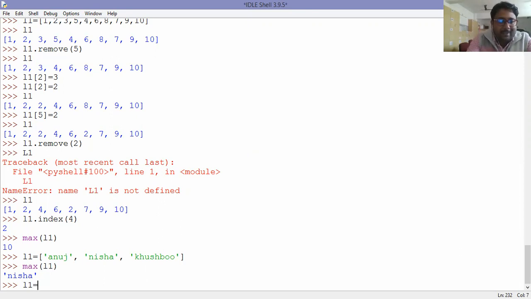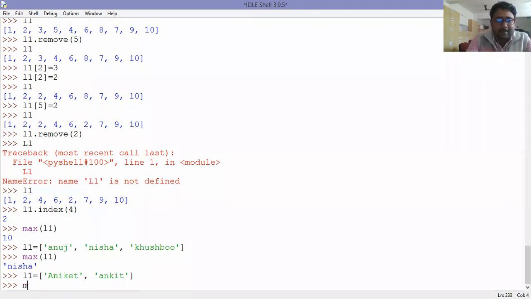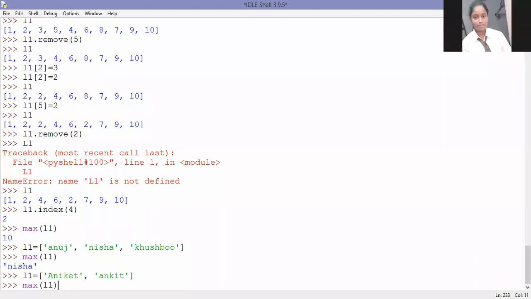But if I write like this, students, what will happen? Very interesting. Aniket, Ankit, which will be the max? Aniket.